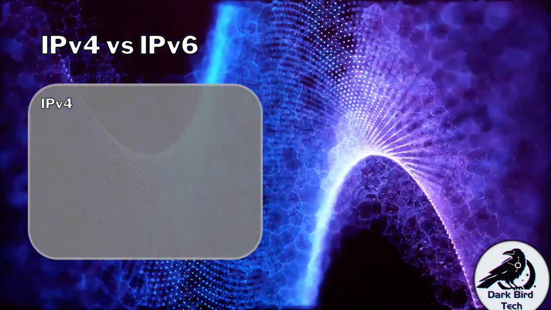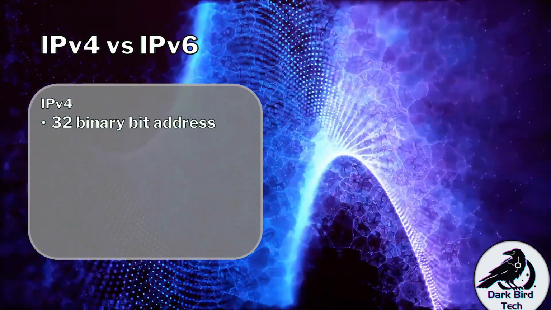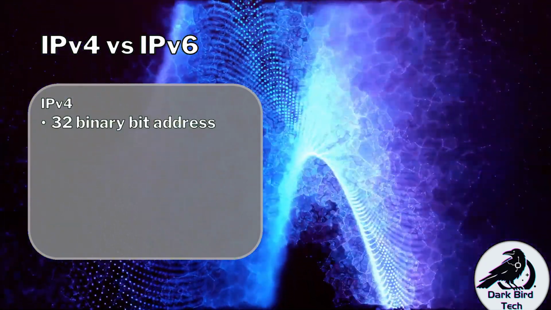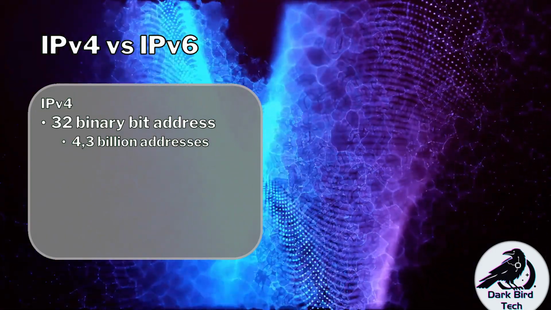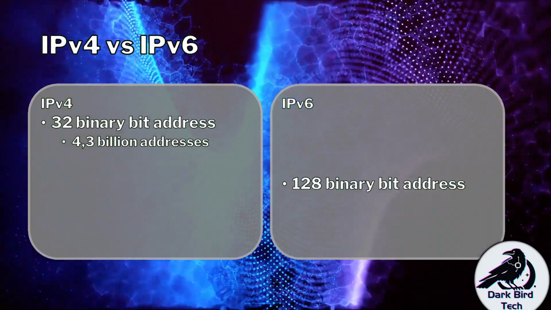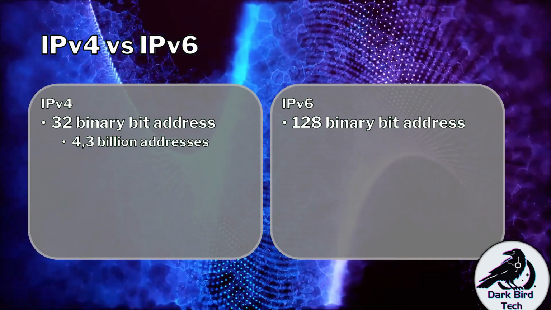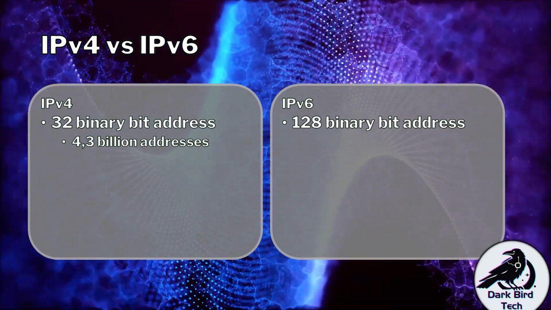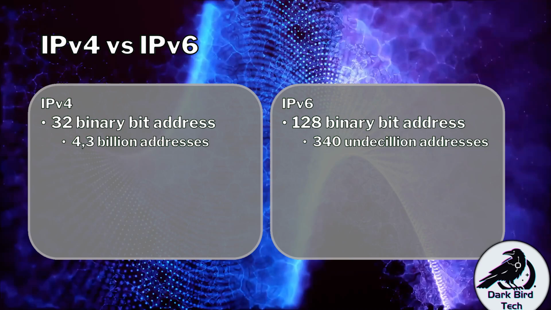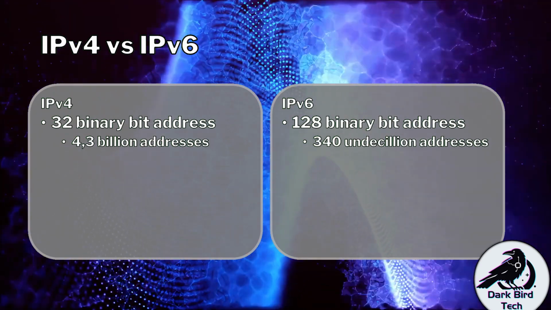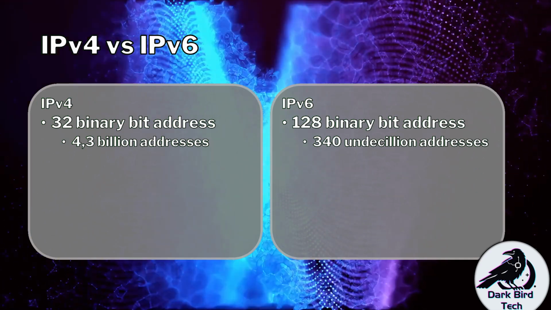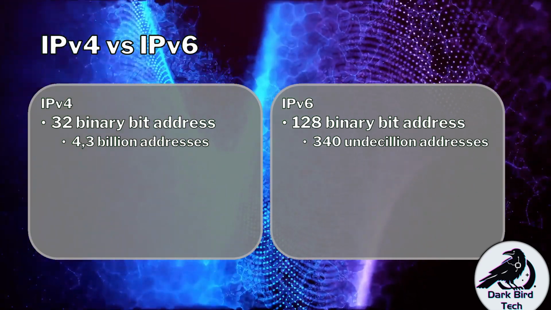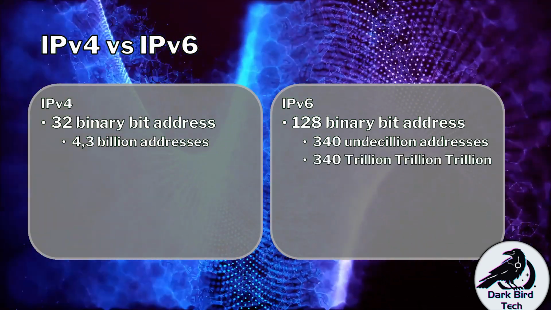So IP version 4 is a 32 binary bit address. This gives us roundabout 4.3 billion addresses in total, whereas IP version 6 is a 128 binary bit address. This gives us 340 undecillion addresses, which is a really weird number and very difficult to wrap our heads around. So it is 340 trillion